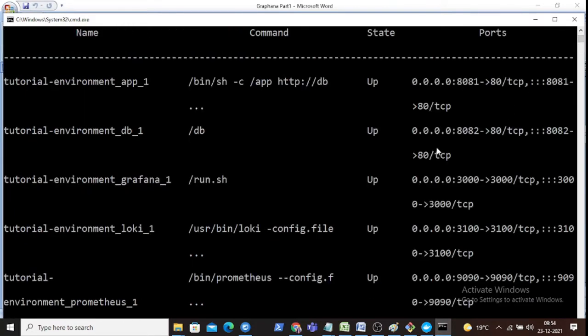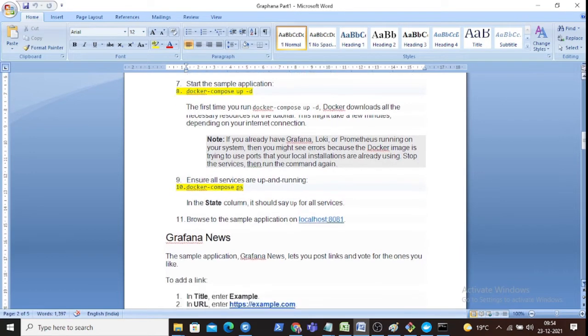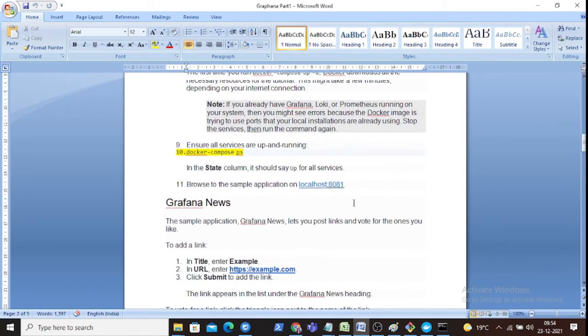So here you can see the apps which are running. Grafana on which port it is running, Prometheus on which port it is running, you can see 3000 and 9090. So the apps have started running, and now you can browse your sample application by checking with port 8081. Here we can see when you start this application the first time,